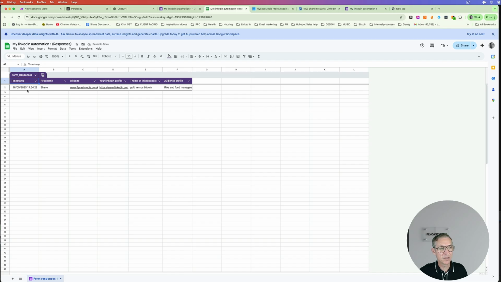As you can see, it's made us a spreadsheet. It's given us a timestamp. It's given us the first name, the website, LinkedIn profile, the theme of the post, and the audience profile. So far we've got a form that's been filled in. Whoopie-doo. However, this is where it gets interesting. So if we go over to Make,